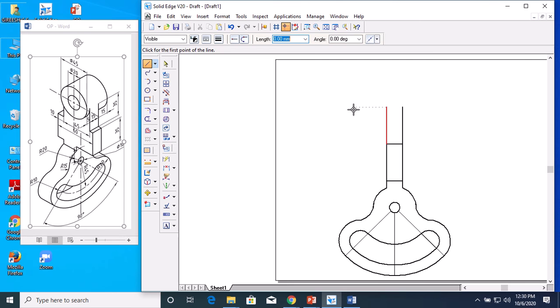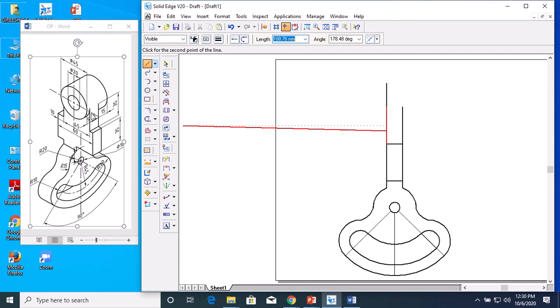If it is 45 here, then the top side will be 22.5 and the bottom side also 22.5. Let's make it 45 towards the bottom. This is what the rectangle will pass through.